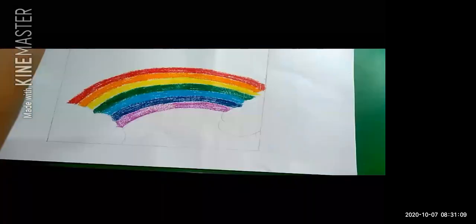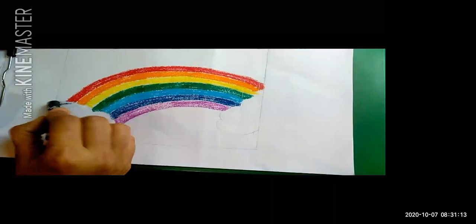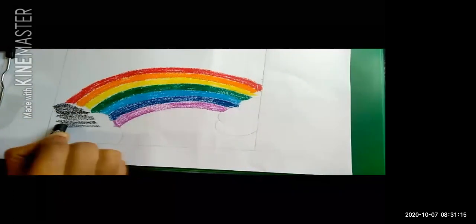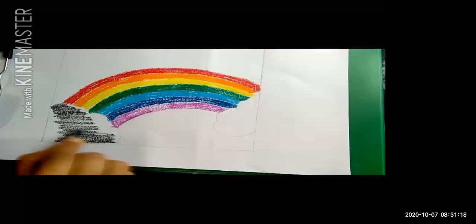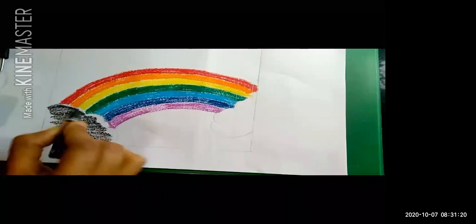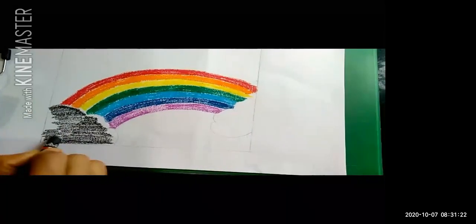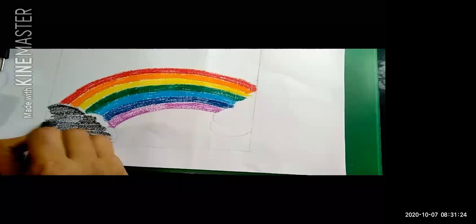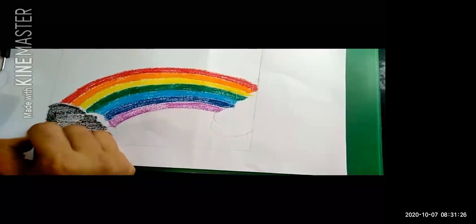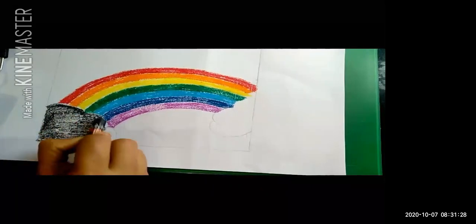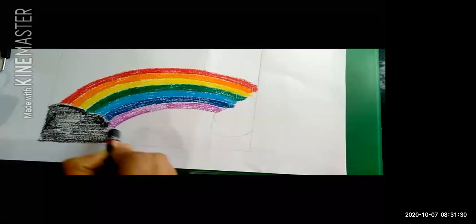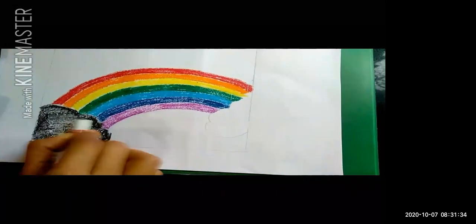Yes, I don't have gray color, and that is why I'm taking these two colors, black color and white color. So lightly, you can apply black color on the clouds like this. Very carefully, children. And after that, apply white color on it so it becomes gray.